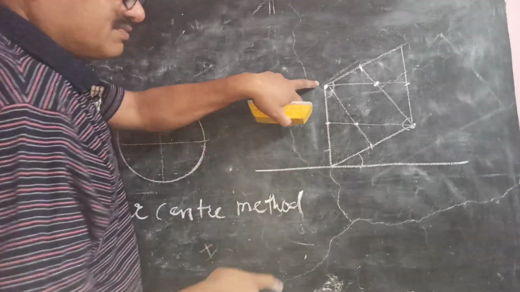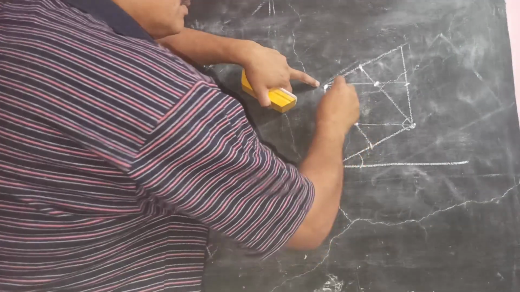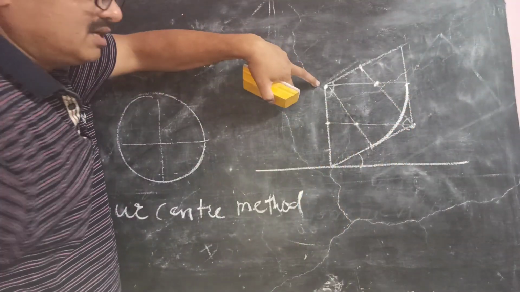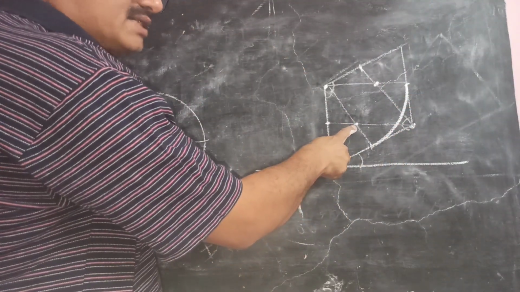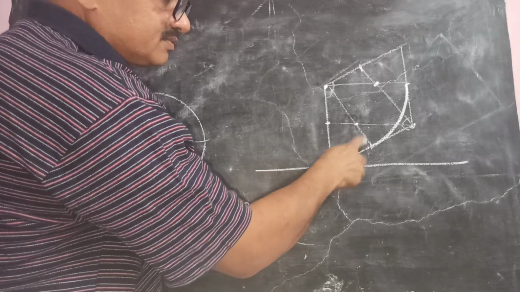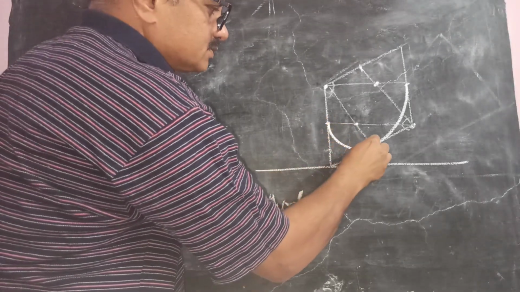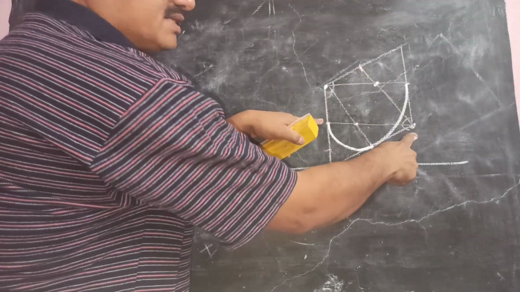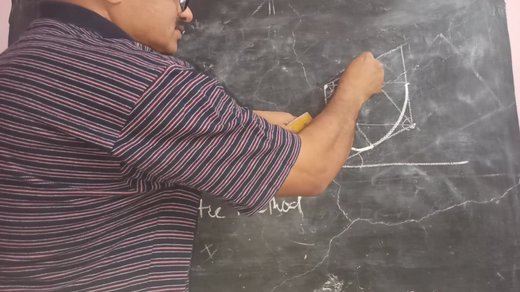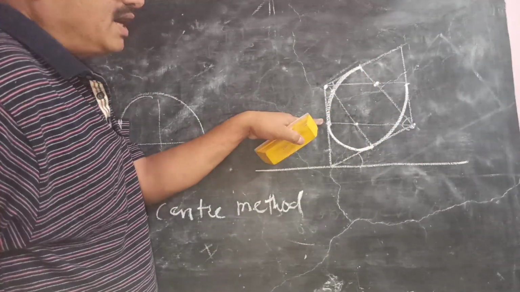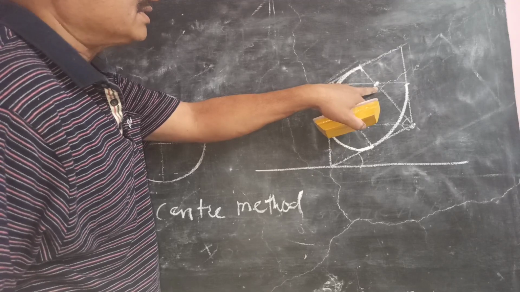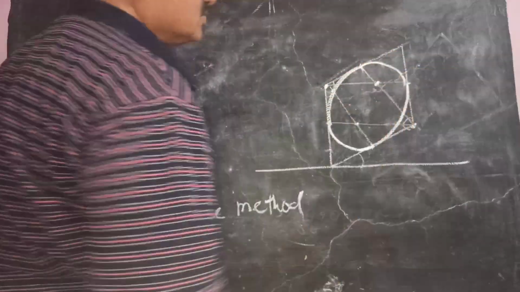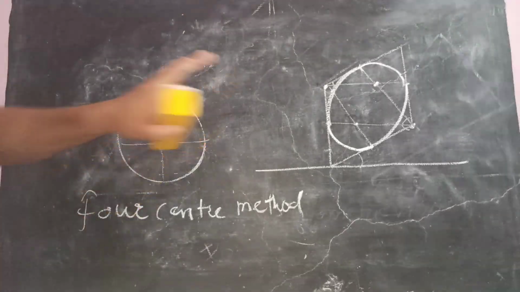So take this 120 degrees as first center, this much as radius, draw the circle up to this. Then take this intersection point as center, this much as radius, draw the circle like this from here to here. Then from here to here, again take this as center, this much as radius, draw this. And again this intersection point, take it as center, this much as radius. From here to here, you can complete this. So this is the front view of this circle.